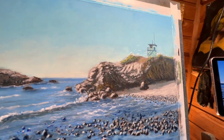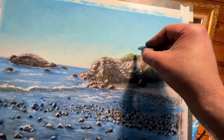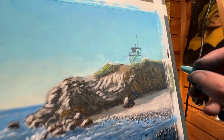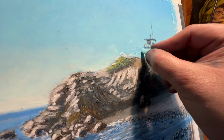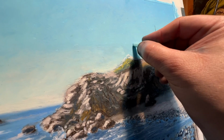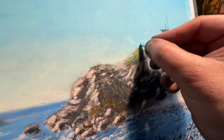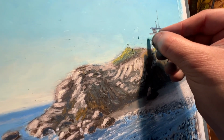Okay, so now I think what I'm going to do is move over to the sides, kind of color in the rest of the sky here. Kind of clean off the stick. We're getting close to done, guys. This is kind of the last parts of this. I'm also going to bring up the land here and cover up some of that. There's some gaps in color here I want to cover over. You can see right there I have part of the white of the paper coming through. Okay, so kind of clean that up